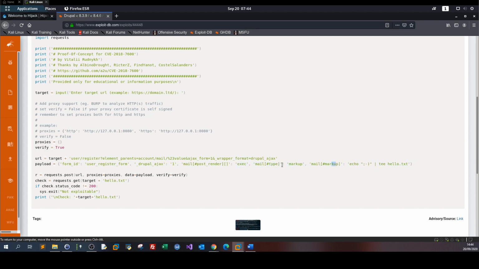So forget about the mail. Here is the command that's going to be executed. Echo the smile, and then it's going to put it in hello.txt. And that's not what you want actually. Maybe the developer of this exploit intentionally